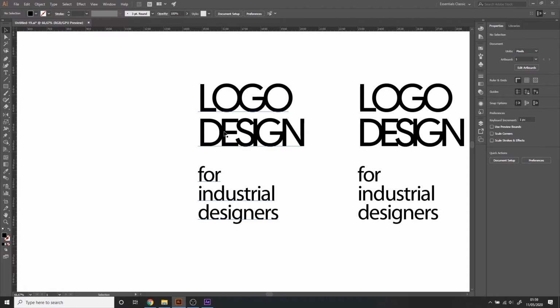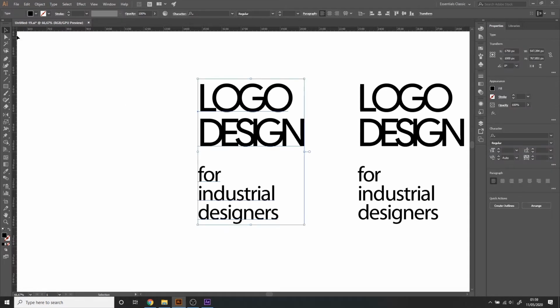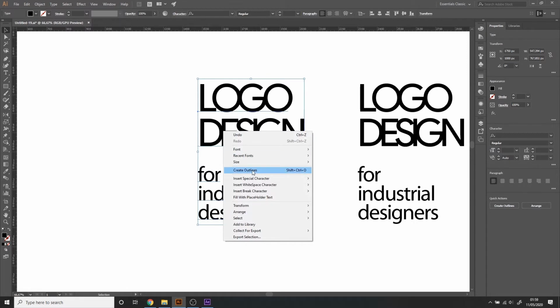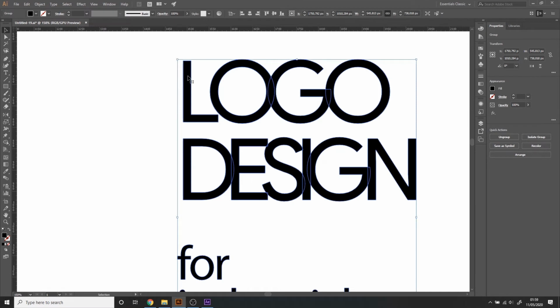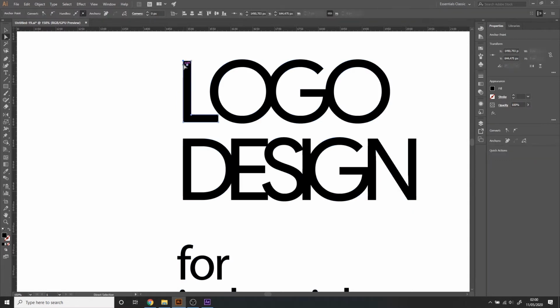I can create outlines by clicking the text with my selection tool and right click, create outlines. Now what I have here is the outlines in blue of the text, which I can see by using the direct selection tool in the top left, right below the selection tool. And I can see the control points, which I can click and move to edit the text